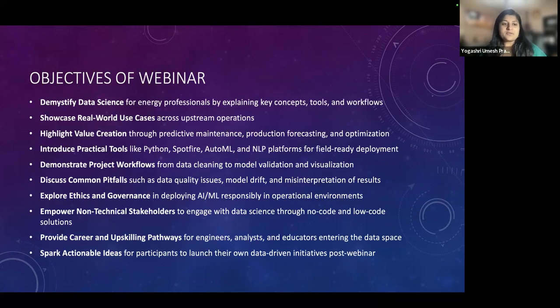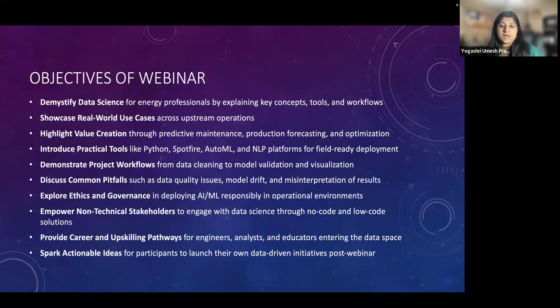So the objectives of this webinar, there's quite a few. I want to demystify data science for energy professionals by explaining key concepts, tools, and workflows, and real-world use cases. Value creation: show how data science is important. Introduce practical tools, demonstrate project workflows, discuss common pitfalls, explore how to be ethical in deploying data science projects, and how to convince non-technical stakeholders.